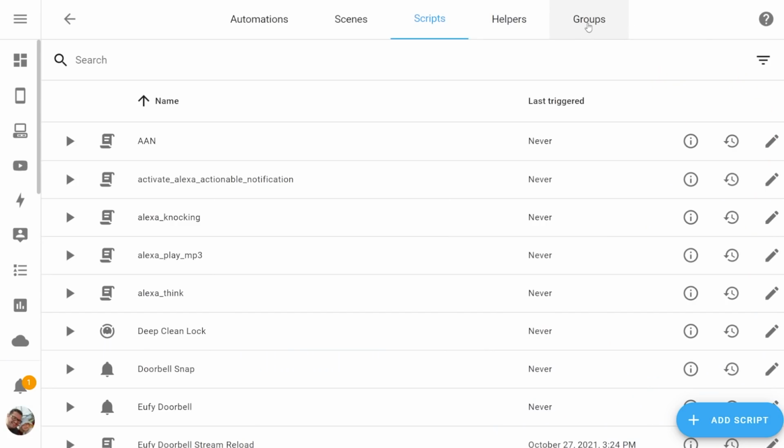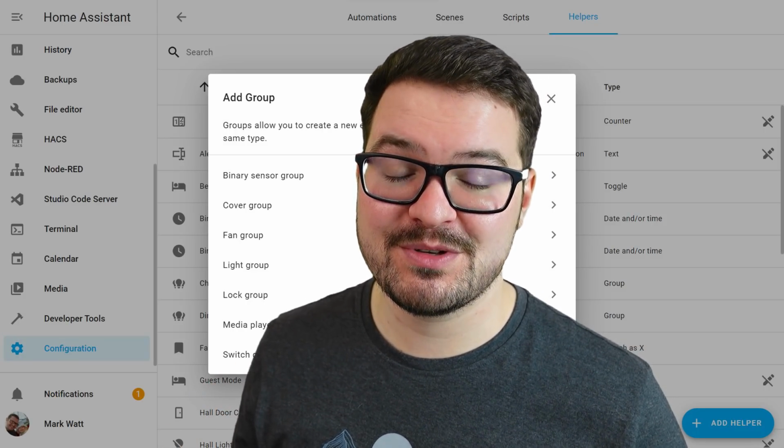at the top that was a dedicated area for actually creating and viewing any of your groups, but that's just